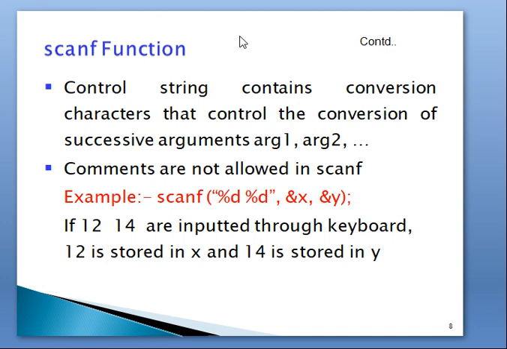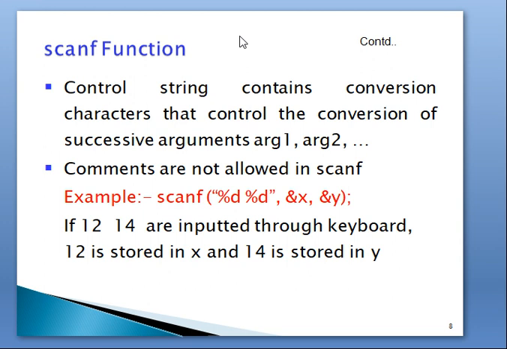The control string contains conversion characters that control the conversion of successive arguments: argument 1, argument 2, etc. If you compare the printf function and the scanf function, the printf function is used to give output, to print the data on the screen.